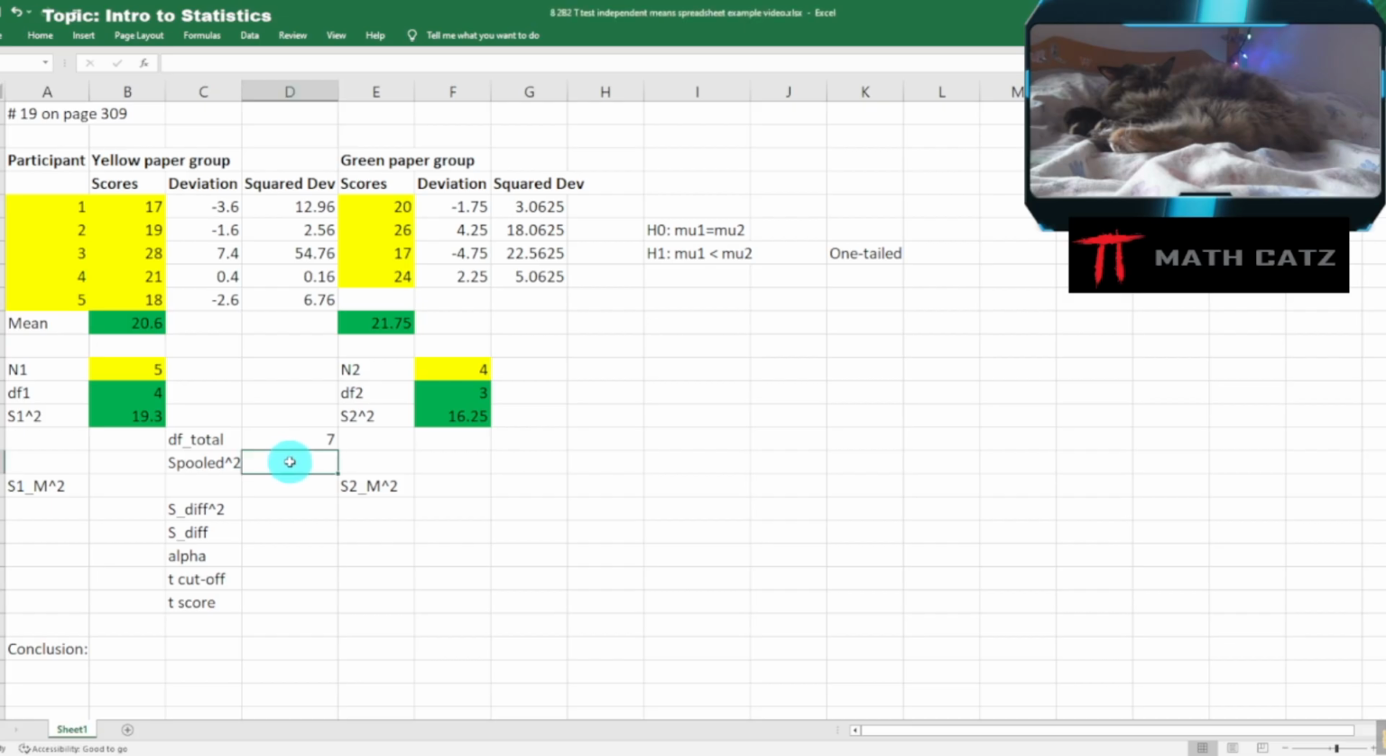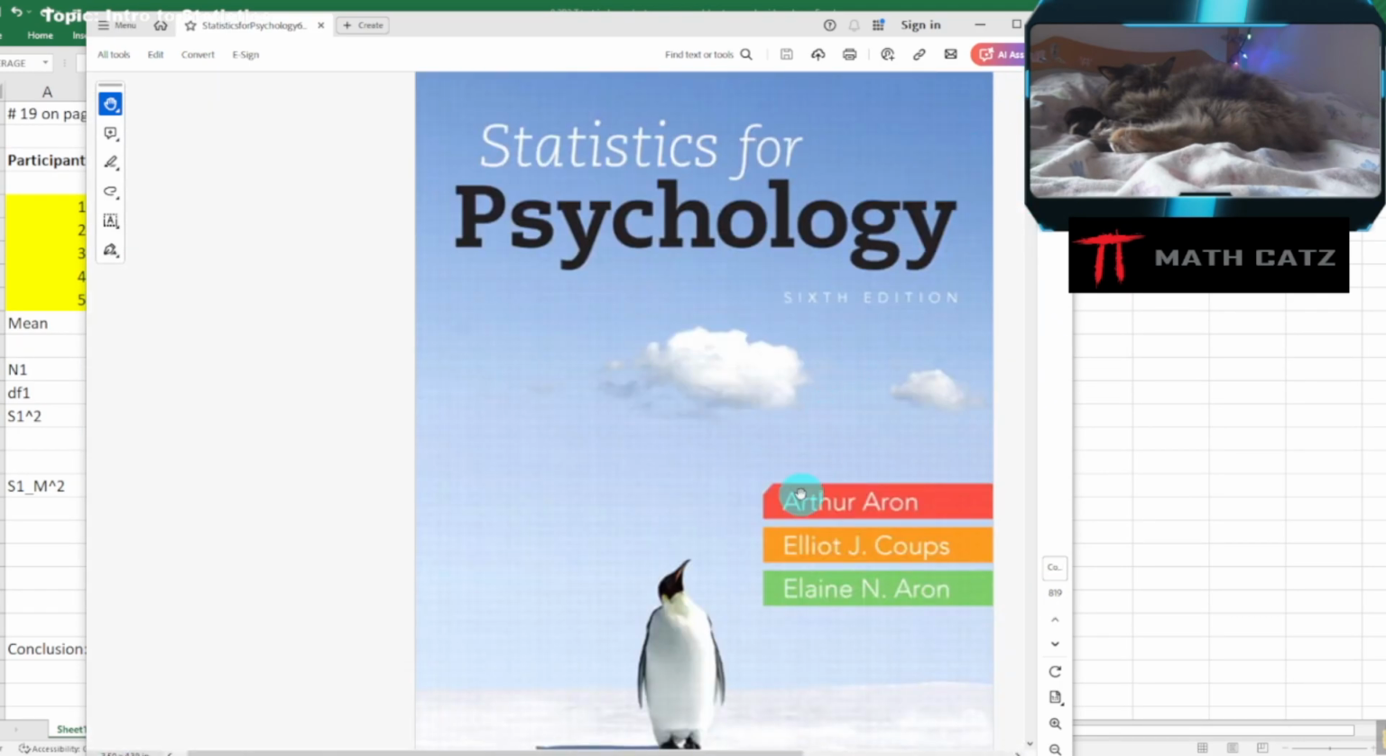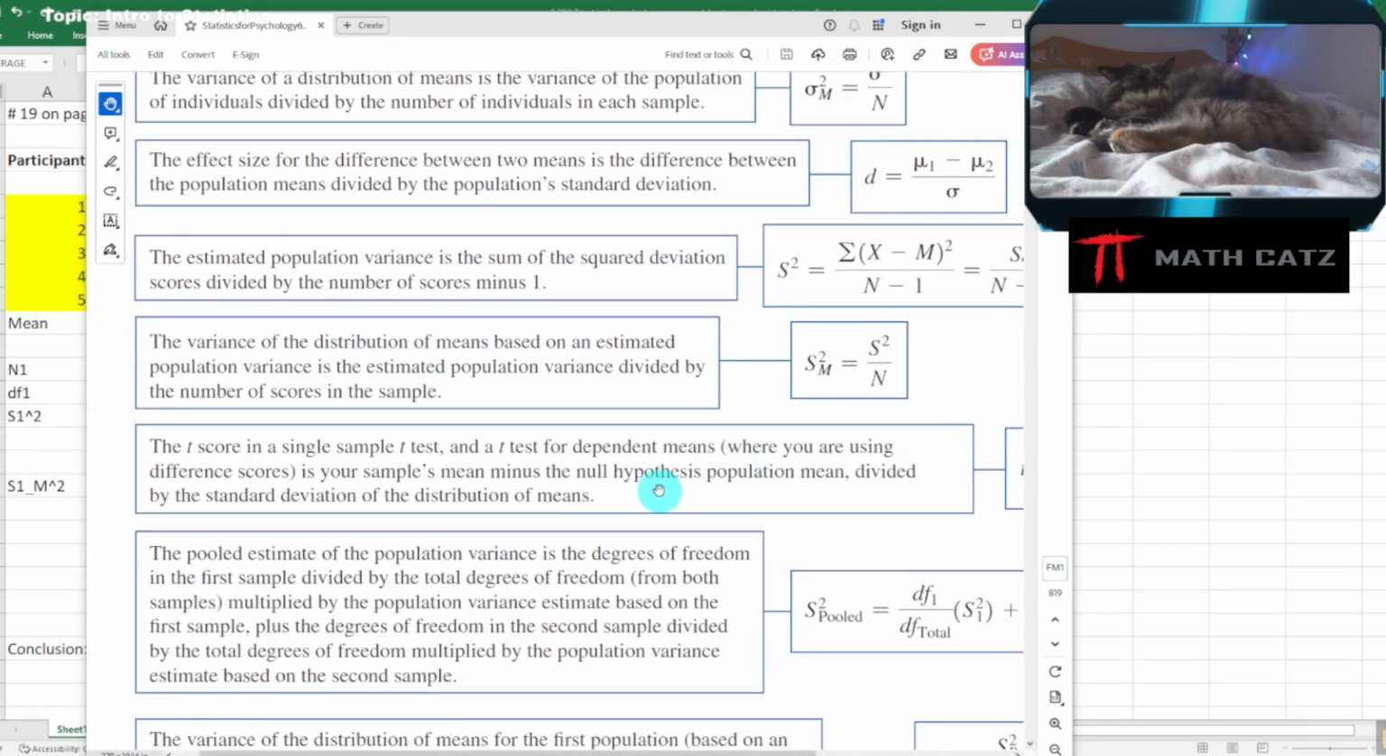So I will start my calculation. There's probably a function for that, but I want to be aware of the formulas. Let's actually go to the formula. This book has some formula sheets at the very beginning. Go to my independent means